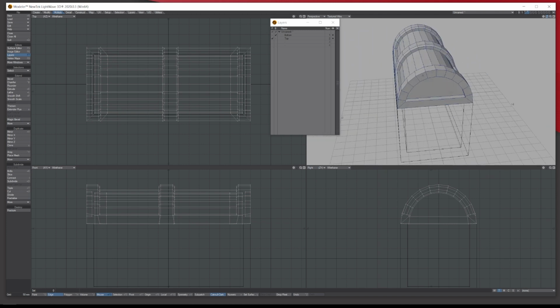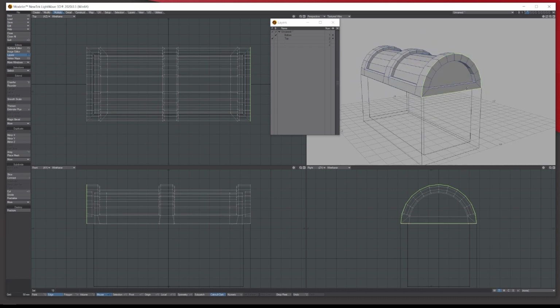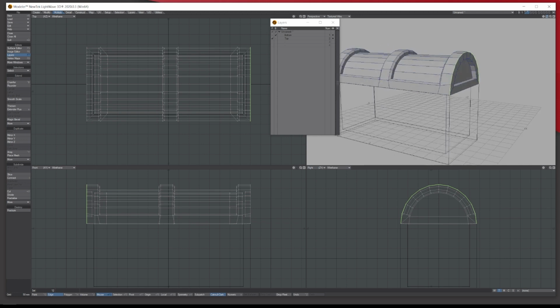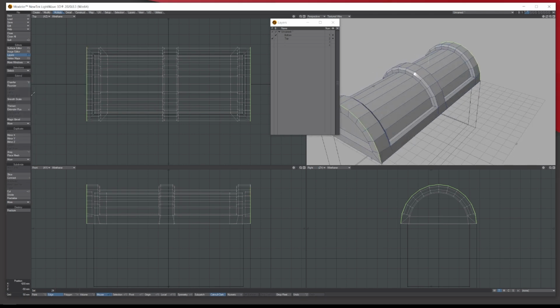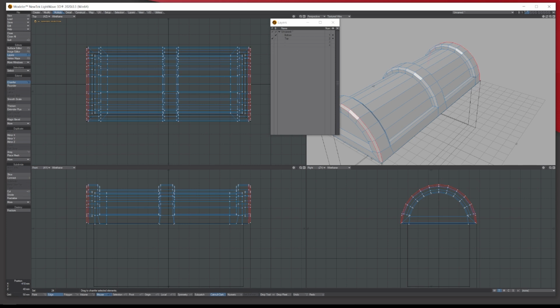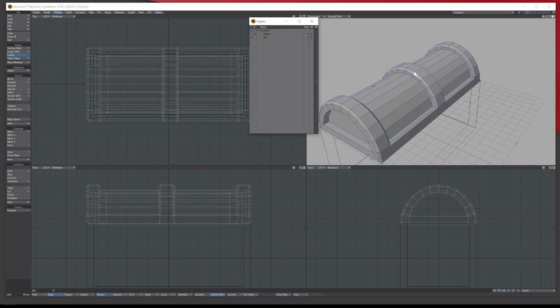In fact, we could do it on this side as well. You could do it all over, but I'm not going to do it too much because I don't want to get dragged into too much detail. I just want to concentrate on getting the basic shape. So let's loop it, make sure the bottoms. I'm not bothered about the bottom, let's just try the sides. And again, this. Oh, let's loop. Let's see if I can just chamfer these a little bit, like so. Okay, drop the selection again on the space bar.